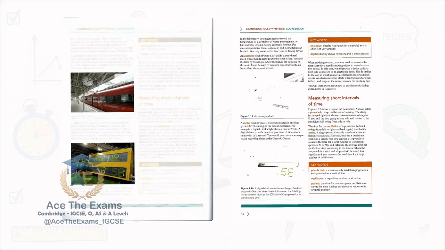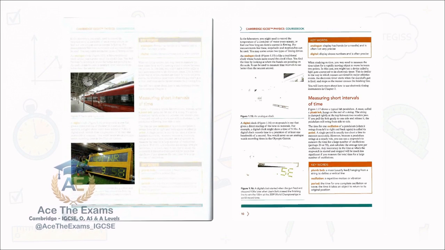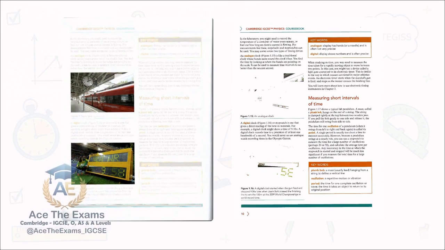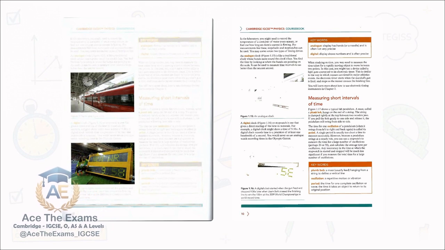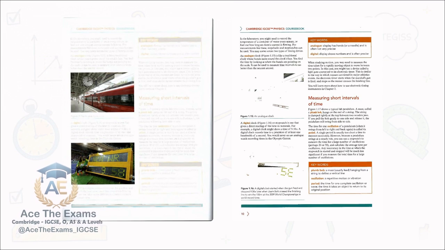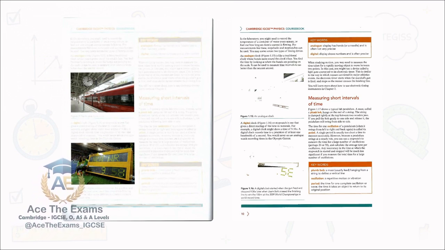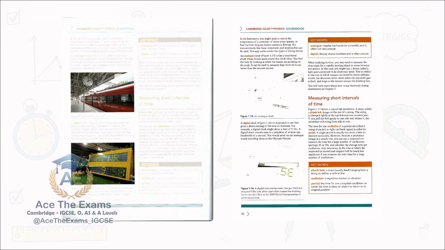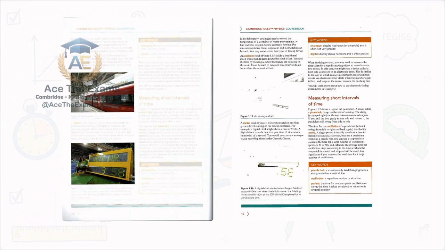Now, this next slide brilliantly illustrates our point about choosing the right tool. We've got a side-by-side comparison here. On one side, a giant analog clock at a train station. On the other, a highly precise digital clock from a major athletics event, specifically showing Usain Bolt's insane 9.58-second world record sprint. An analog clock has moving hands, and is typically only used to measure intervals to the nearest full second. It's perfectly fine for timing a slow chemical reaction that takes a couple of hours, or maybe timing a